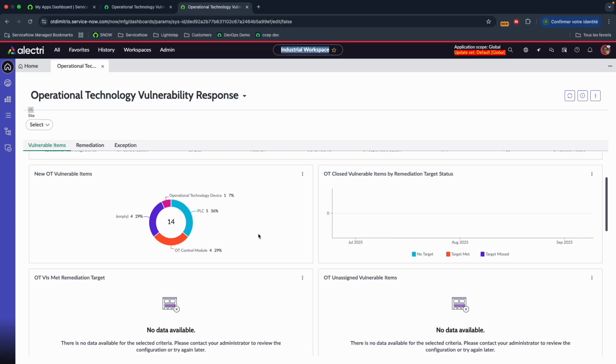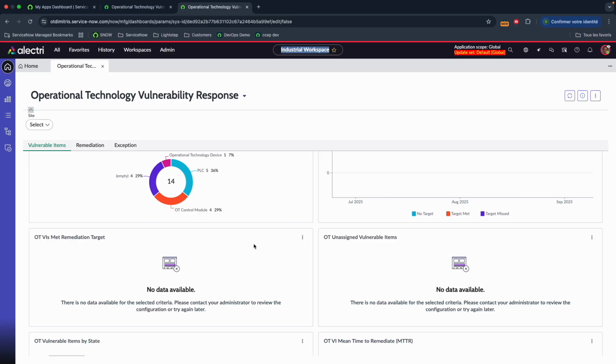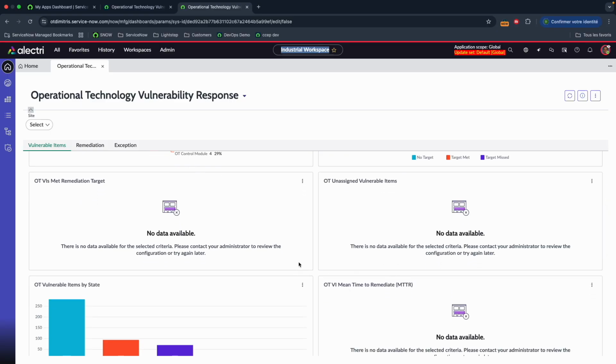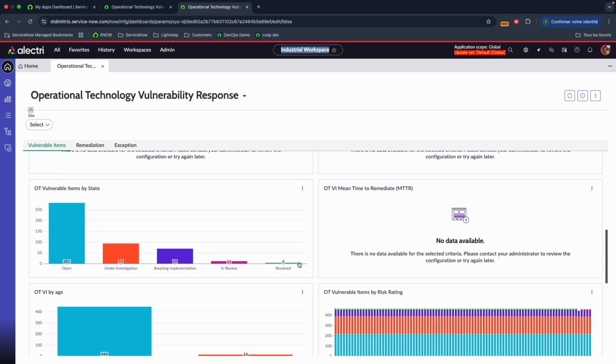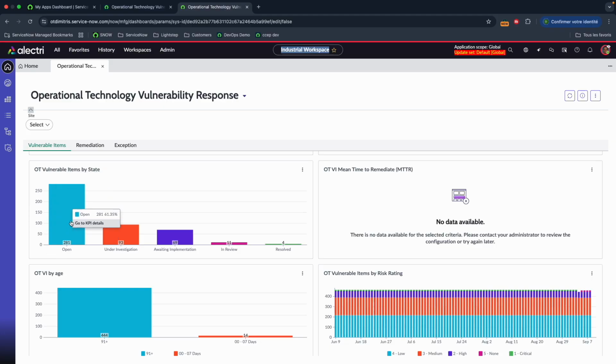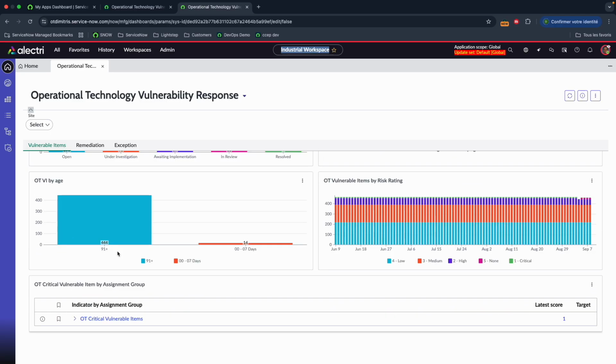And as I just started the project, you can see that I don't have any KPIs yet regarding remediation time or mean time to repair. That will come as soon as I've got more volume and more data on my instance. For example, here also you can see that most of my vulnerable items are still open. They are not under investigation or not yet resolved, meaning that I should put more effort in order to analyze this and put them under my team's responsibility. In OT, unlike IT, resolution times are measured in months and not days.